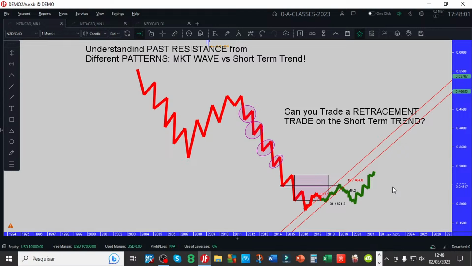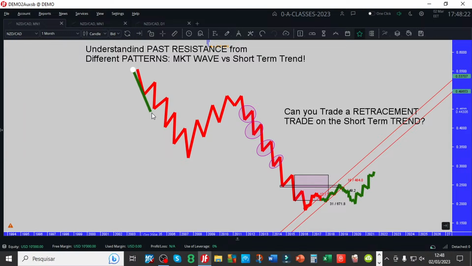Support resistance, no. Or maybe, right? Everybody, okay, I'm going to give you the answer because time is passing. Number one, you didn't do anything wrong on the short-term trend, but we keep losing because the market wave... Oh, but you told us, don't mix apples with bananas. We were trading the short-term trend. Agreed? Everybody? We didn't trade the market wave. There was none.